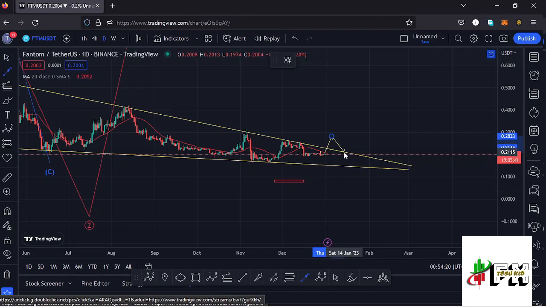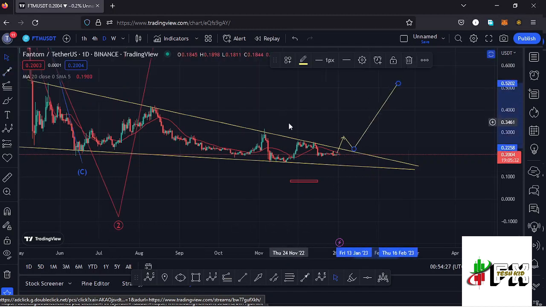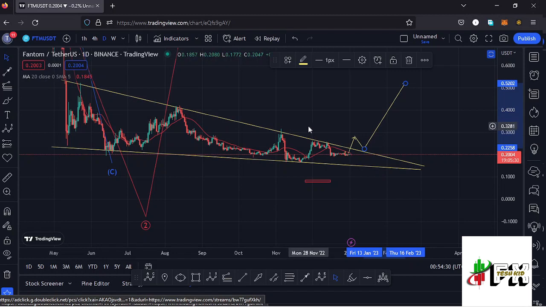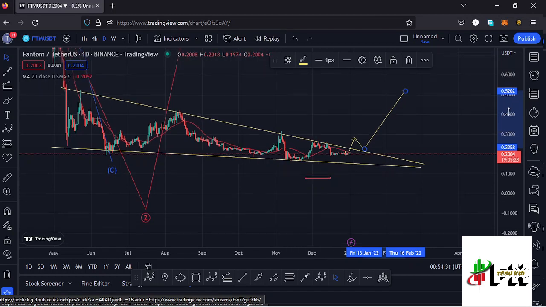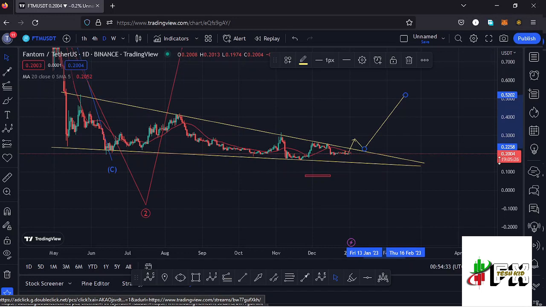And once that happens, then I'll be expecting a retest of the upper side of the falling wedge, then continue pushing even higher and continue unlocking even higher prices. And that movement could be the movement to give us that impulsive movement we expect in the formation of a higher Elliott wave count 3.